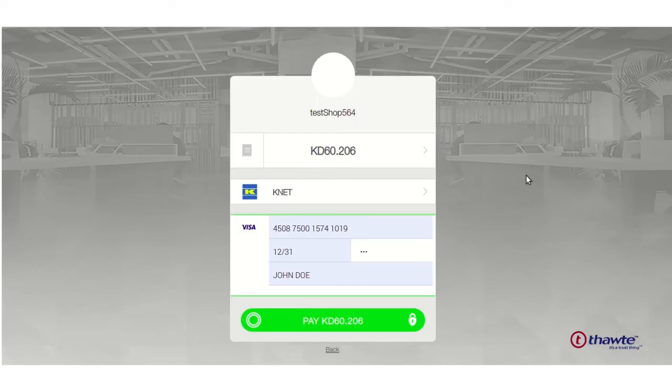After clicking on the Place Order button, the customer will be redirected to the Tap payment page where the customer needs to fill in all the card details such as CVV, expiry date and the card number. After this, the customer just needs to click on the Pay button.